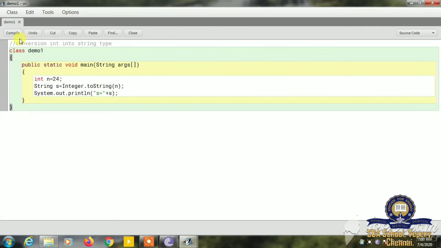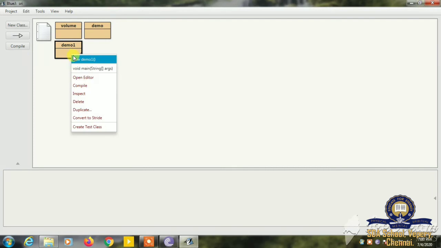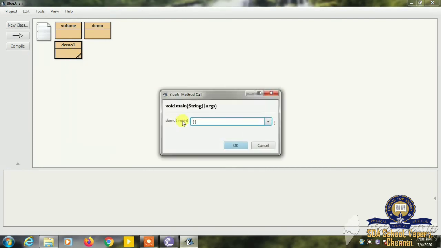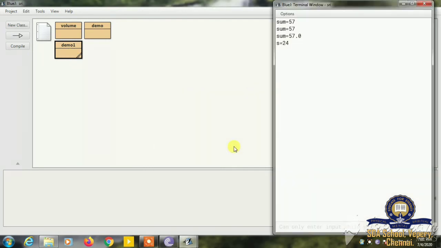Now I am going to compile the program. See here, I have no syntax errors. Now I am going to execute the program. So this is my output. The integer is converted into string type. Why are we doing this?